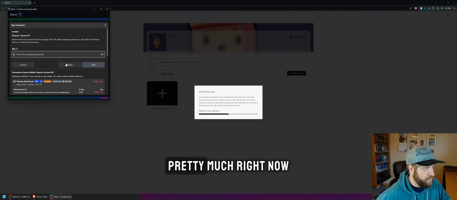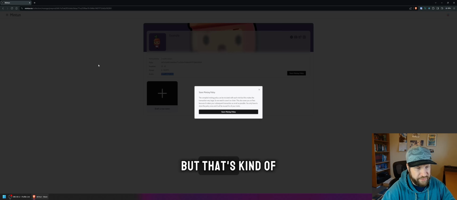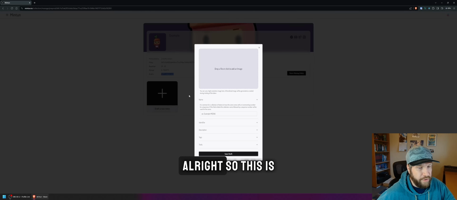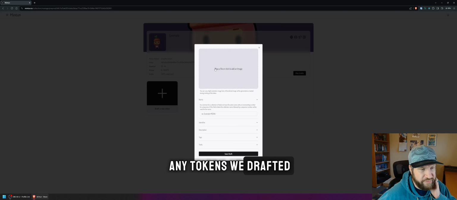So then we're going to sign that transaction. This will store the smart contract on the chain for us, and then it'll give us enough room to mint up to 10 tokens in a single transaction. More than that, probably, but that's kind of what we put on it. All right, so this is minted now. So that's stored. It should update this thing, but it's not right now, so I'll just refresh, and there you go. Now it says mint drafts, and we can mint any tokens we've drafted, but we have no draft, so